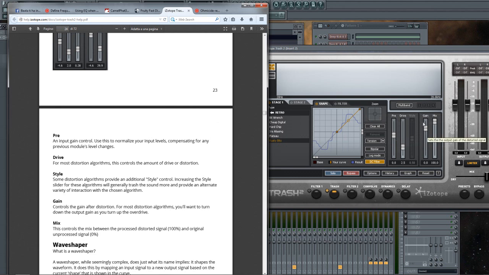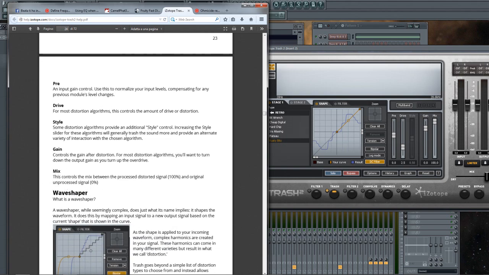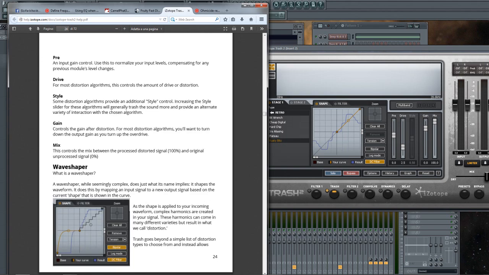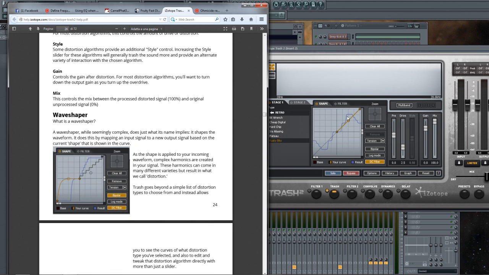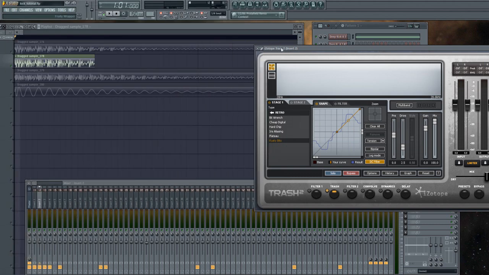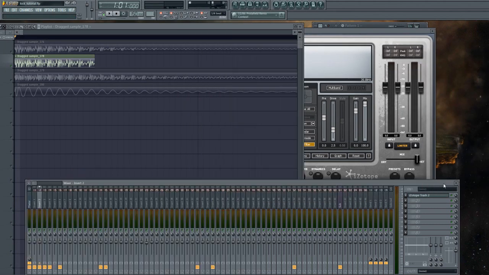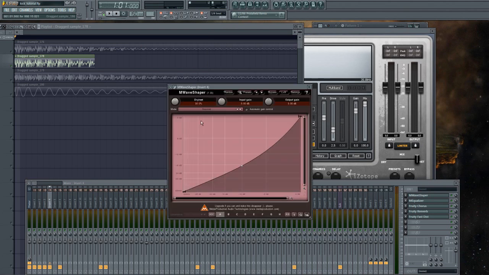We have the style. In this case, we don't have it, as a matter of fact, it's said here: some distortions provide an additional style control. Increasing the style slider for these algorithms will trash the sound more and provide an alternative variety of interaction with the chosen algorithm. The gain controls the gain of the distortion, and the mix works the same as before. I have the wave shaper. I'm not gonna use this in iZotope Trash 2. I've used the M Wave Shaper, which is a free wave shaper from Meta Production,